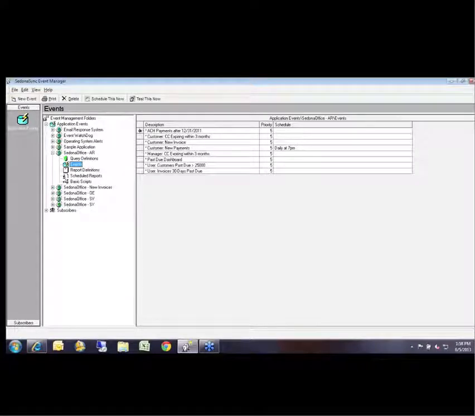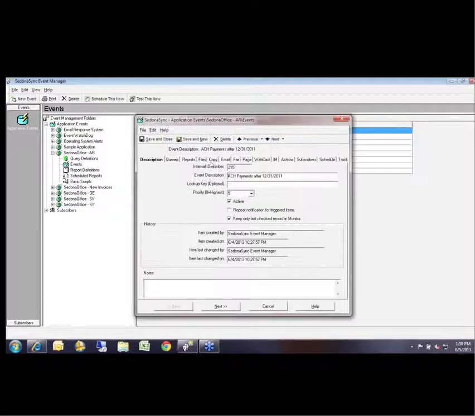The other one, briefly, that I wanted to talk about is the ACH payments. The difference with this one is that it's actually looking at ACH payments that have been posted to a customer's account. And what you're going to want to do is, for this particular event, you're going to probably want to